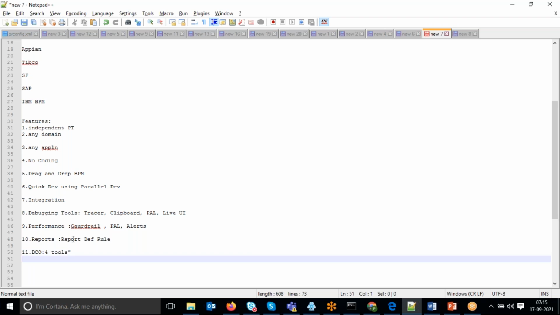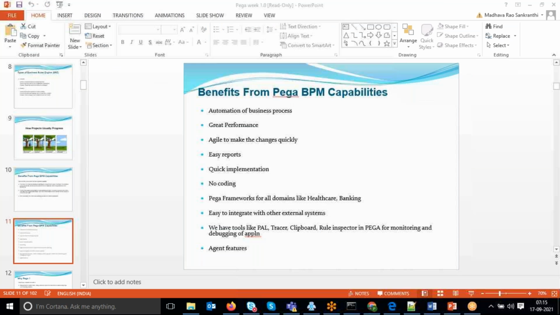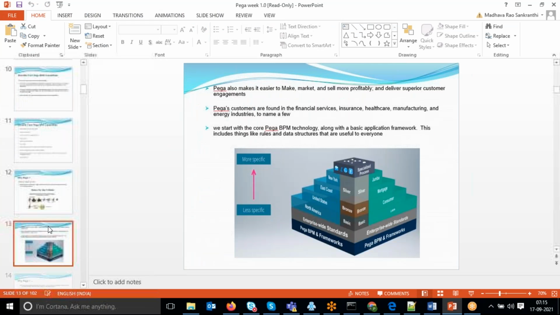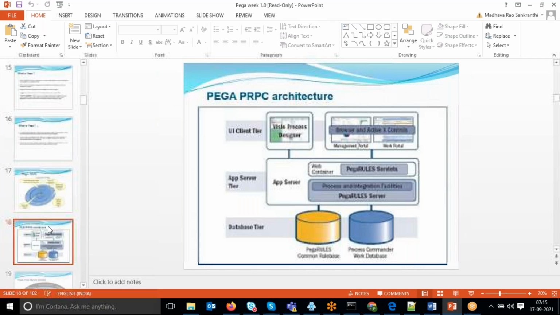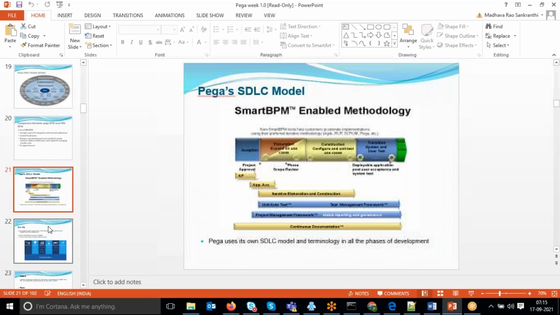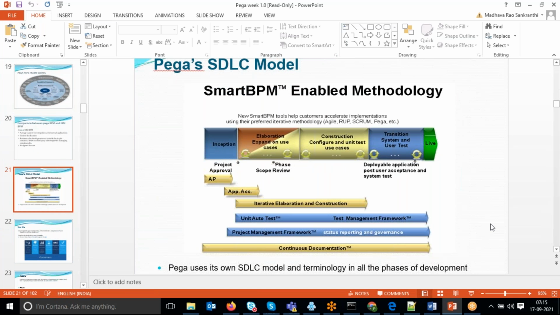In this feature we need to tell about what SDLC is. So you can add Pega SDLC. What is SDLC? Software Development Lifecycle. Every project will have an SDLC, correct? First, the project lifecycle has a number of stages.